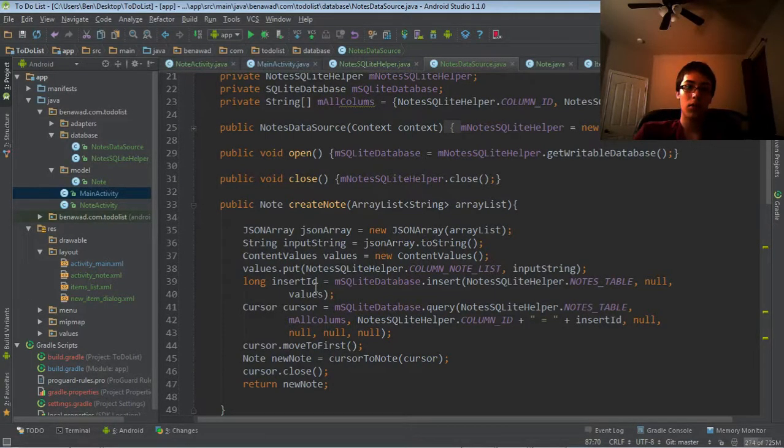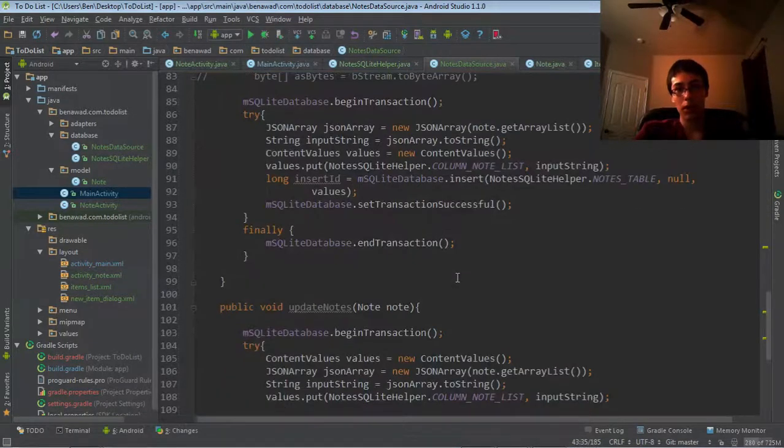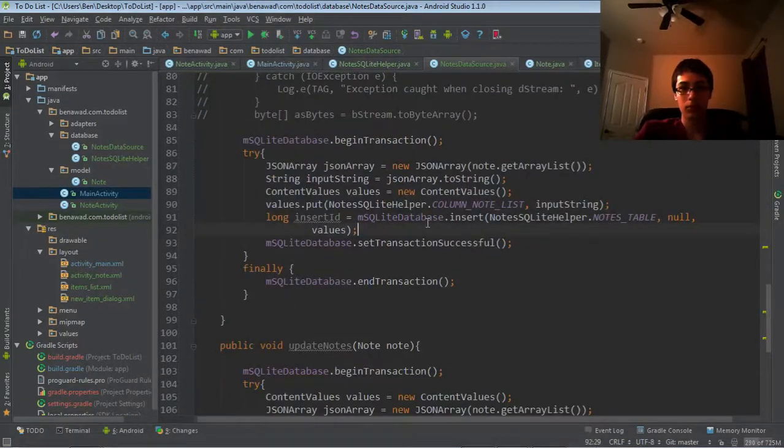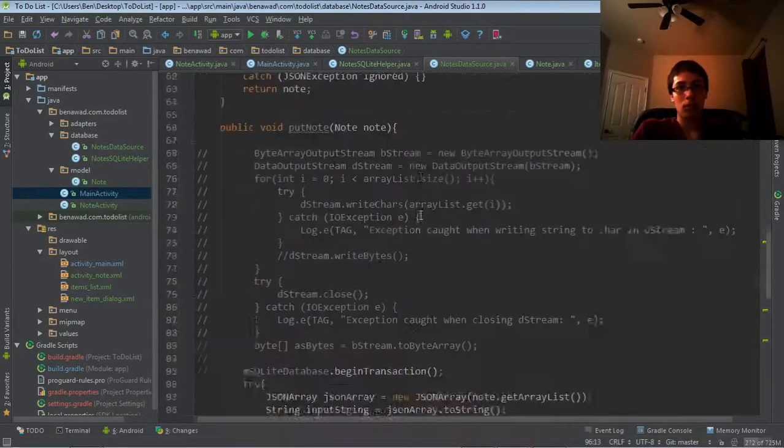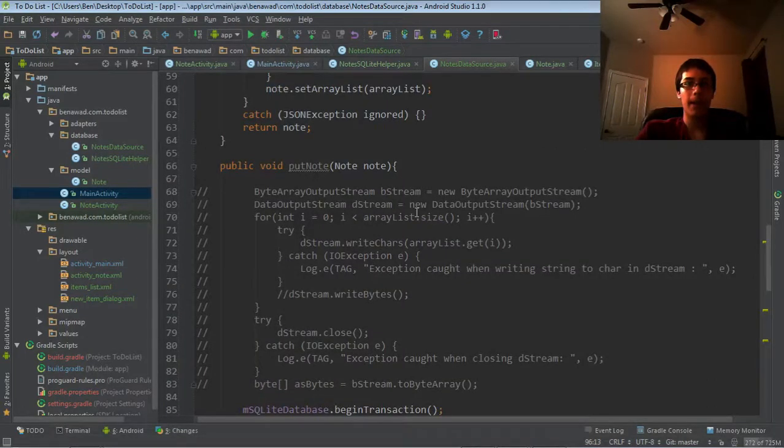So this is how he's getting the ID, and then